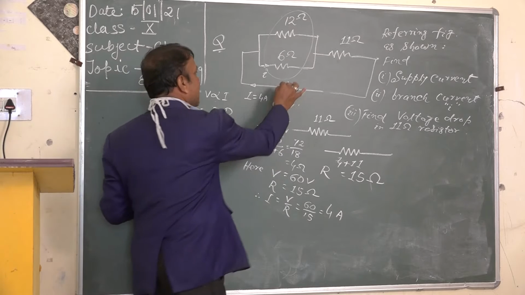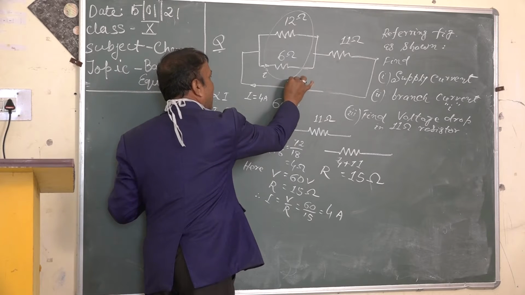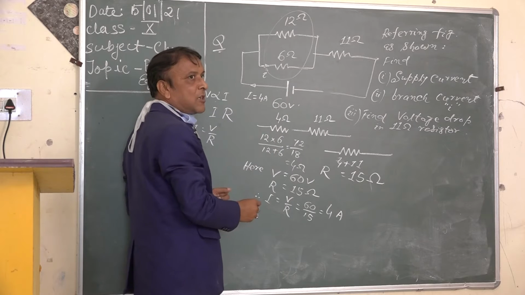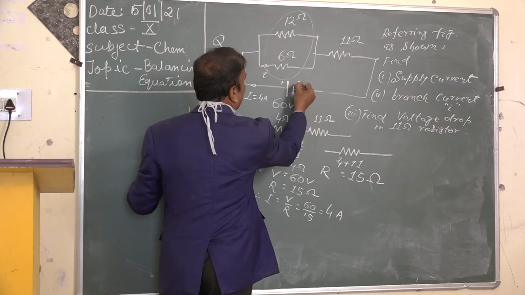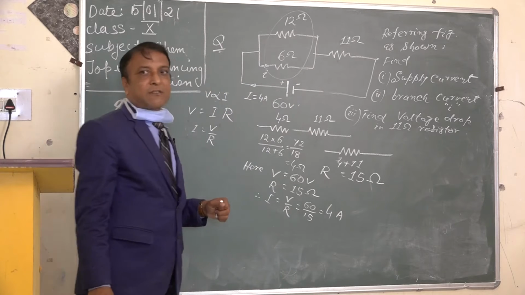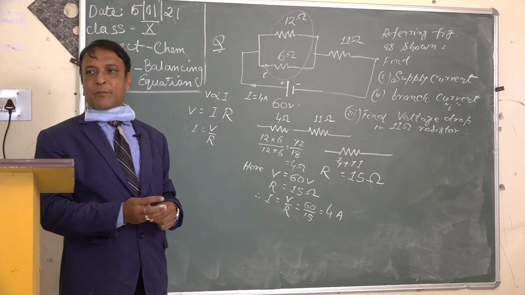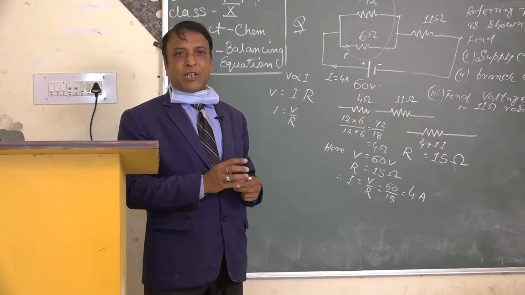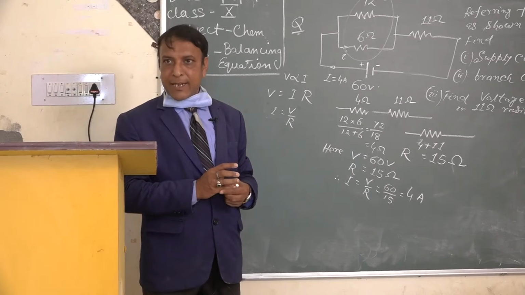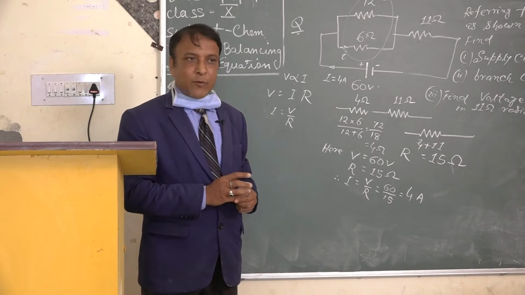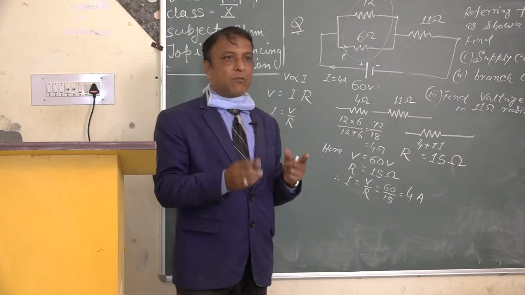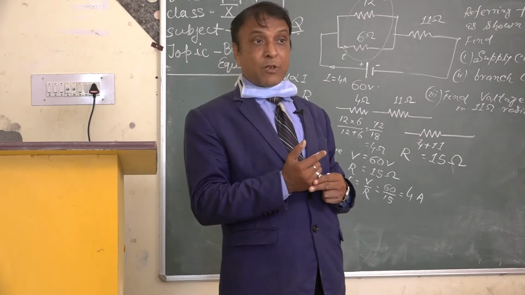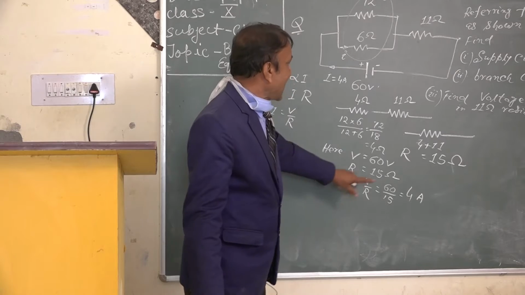Now you tell me, what is this longer line and this short line? What does this longer line mean? It is the positive terminal of the cell and this is the negative terminal. So always current comes from the positive terminal and flows in different branches, through different equipment, and again comes to the negative terminal. Means whenever a circuit is closed, a complete circuit, only then the current will flow. Okay. So we got I is equal to 4 ampere.